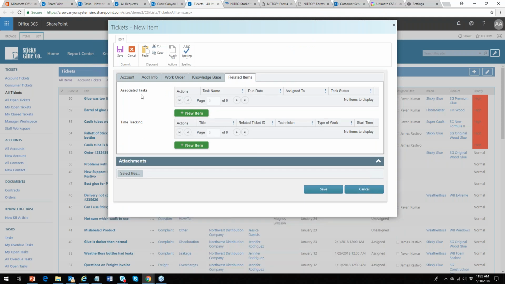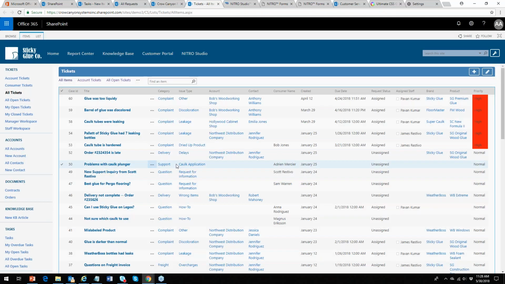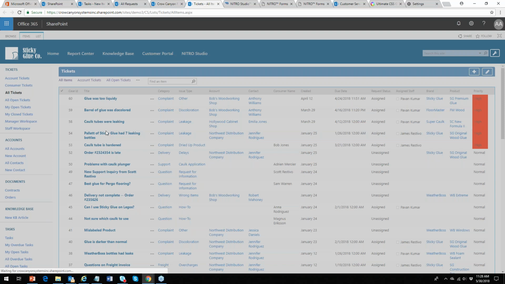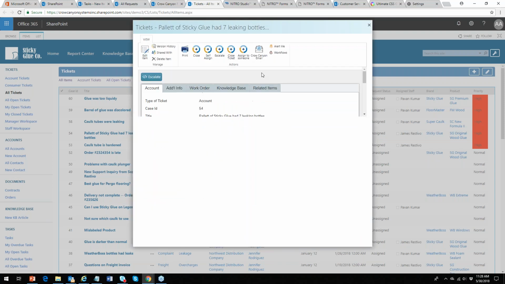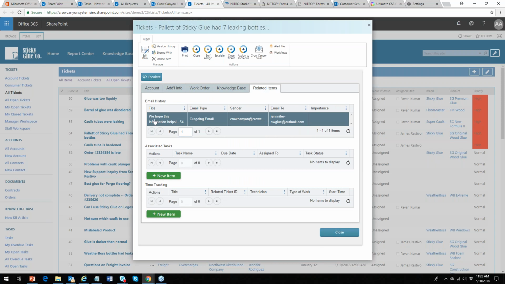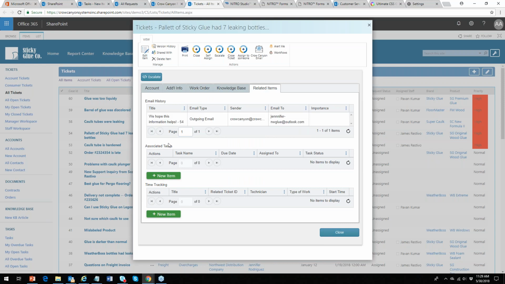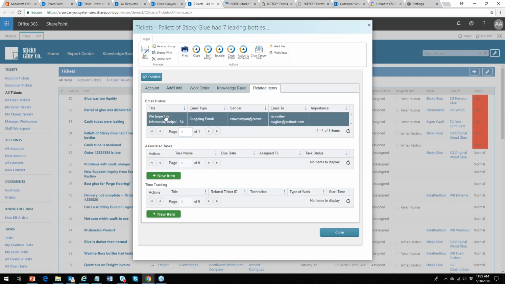There is nothing associated with a new form, so there's nothing associated with it. If we had an existing one here, I don't know which ones have any associated tasks, but if they did, it would show up on that related items tab. Oh, here's some. This has email history, actions. So you can see that it's giving you,